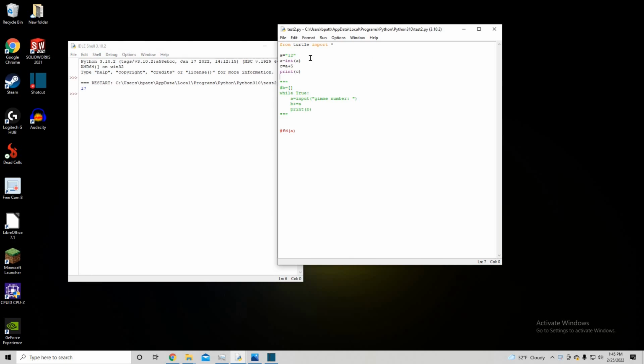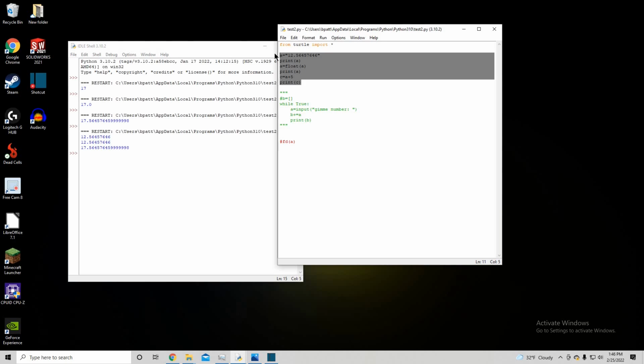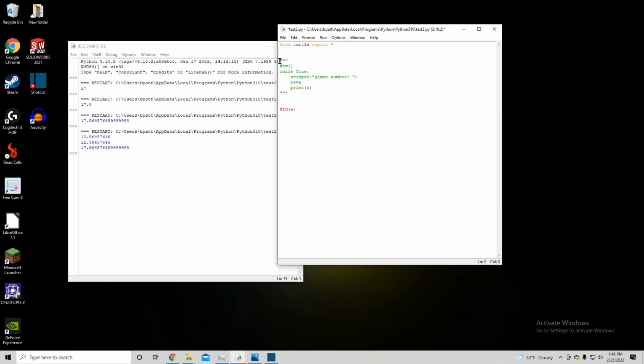So instead of doing integer, we can do float. This is just decimal. It's the same thing, but it takes in any number. So you can do 12.5 and a bunch of other ones, and you can do float and add 5 to it. Alright, enough of that. Let's go back to here,